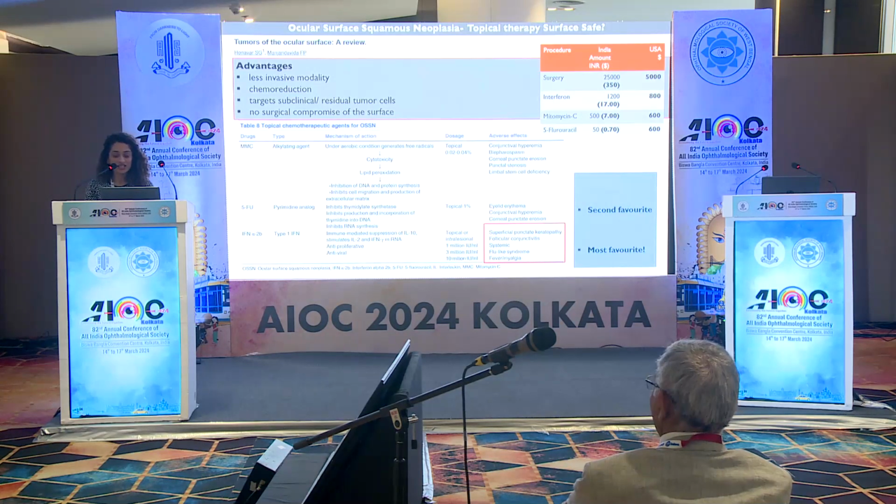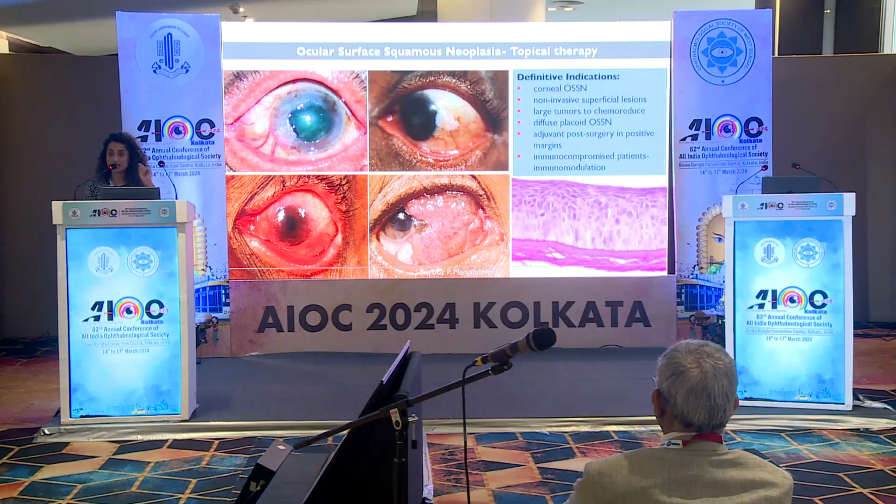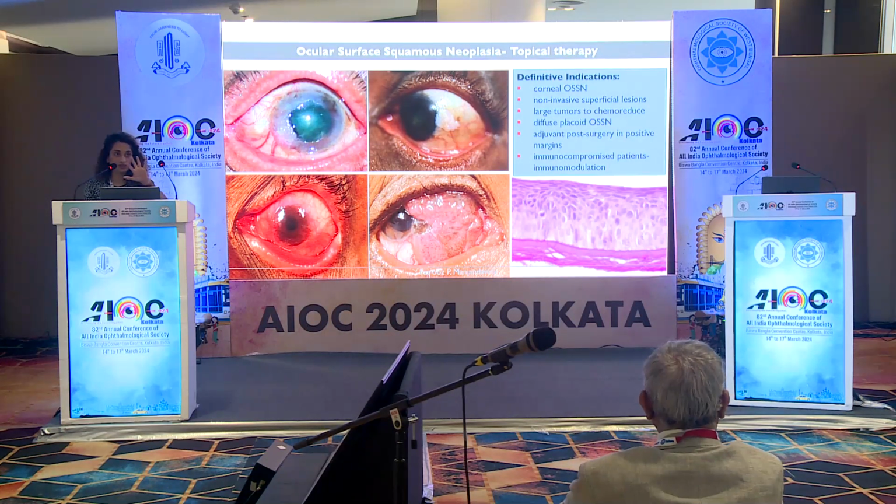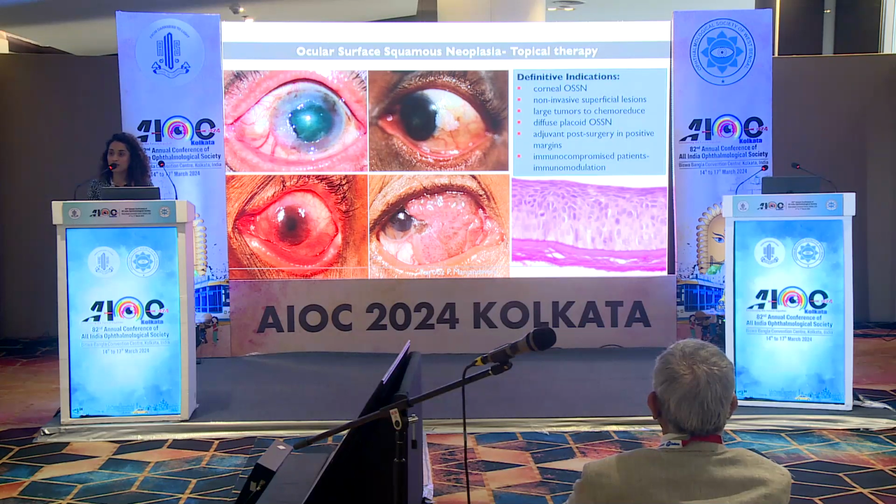I agree. So this is a slide where I just want to highlight how topical chemotherapy works in ocular surface squamous neoplasia. Now, there are definitive indications. I know that we want to take care of the surface, but as an ocular oncologist, getting rid of that tumor and this tumor not progressing into an invasive neoplasia or a cancer is very, very important. So these are the definitive indications. When it's corneal OSSN, you want to preserve the corneal epithelial cells; non-invasive superficial lesions; large tumors to chemoreduce; diffuse placoid OSSN;